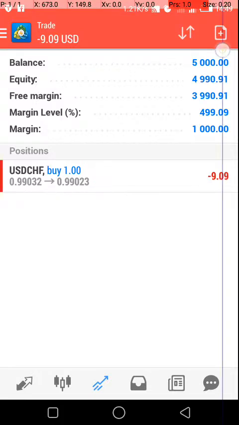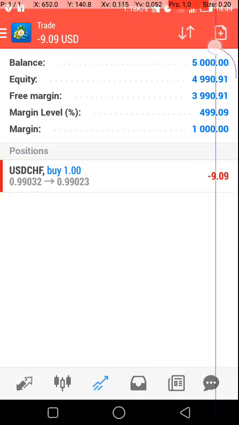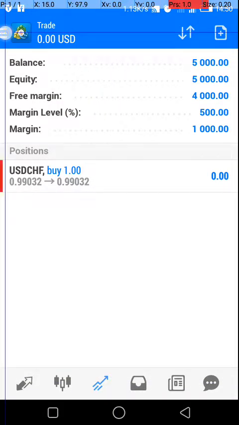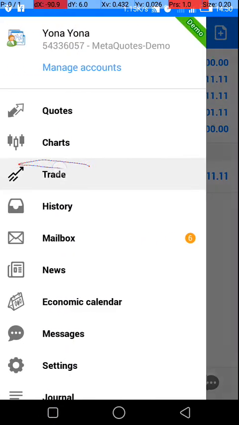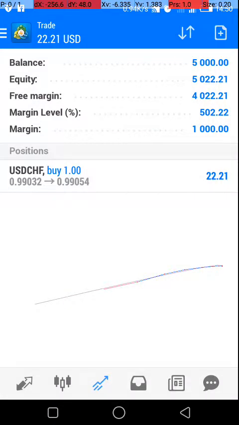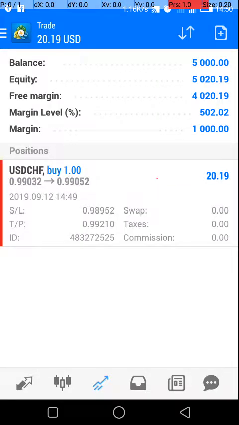Now you guys must be wondering, what are these in this? I was saying this is the trade section. The trade section is found here, this one. So if you tap this, you can see we have,